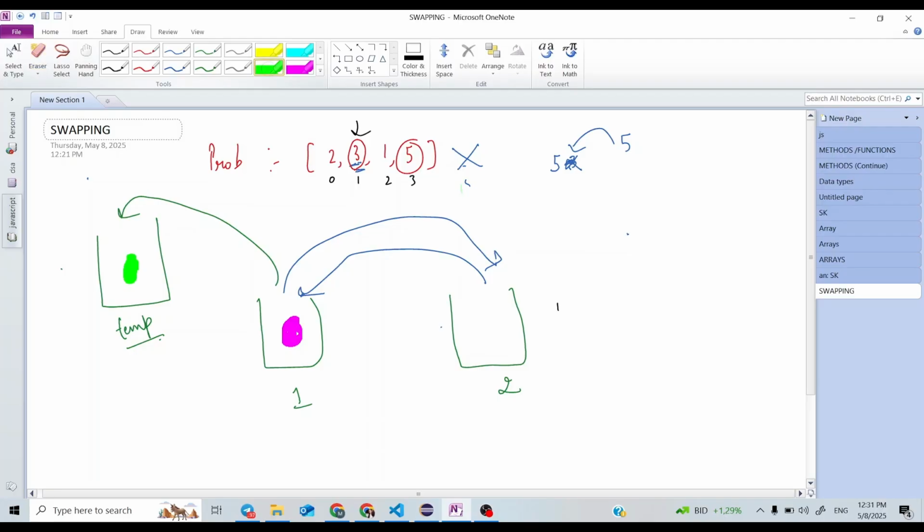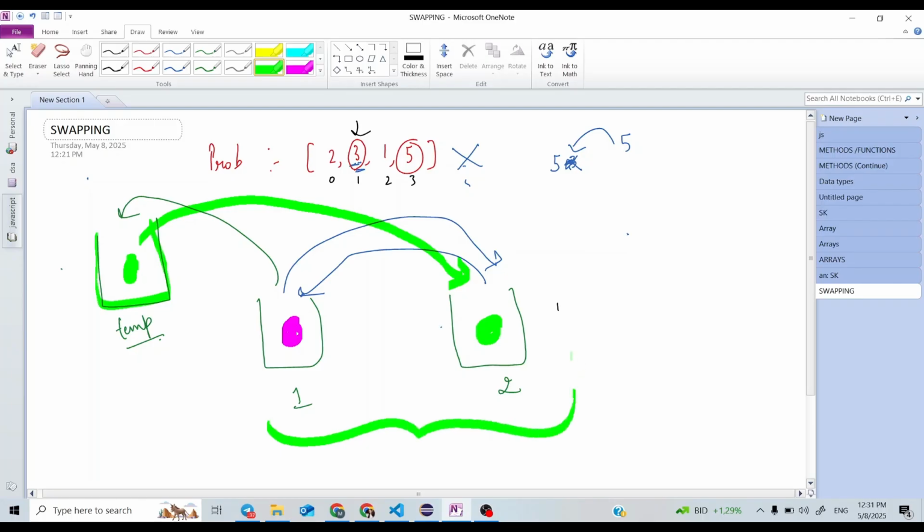Okay, so here I wanted a green ball, right? So now I can take this green ball from this temporary container. With the help of this temporary container, I will be able to swap the balls. Similarly, in the program also you can take some temporary variable. You can think of this container as some temporary variable which I will be using for